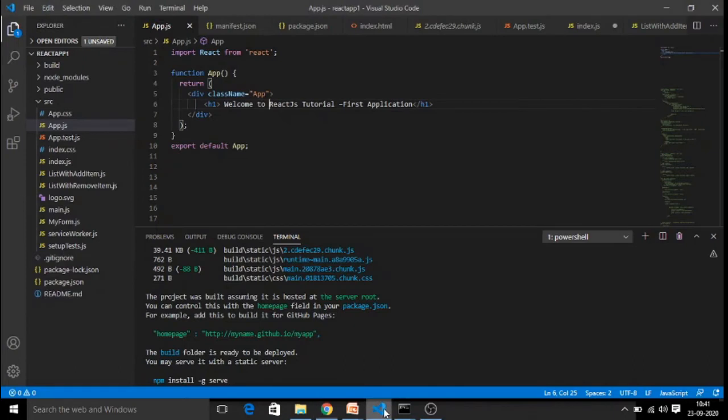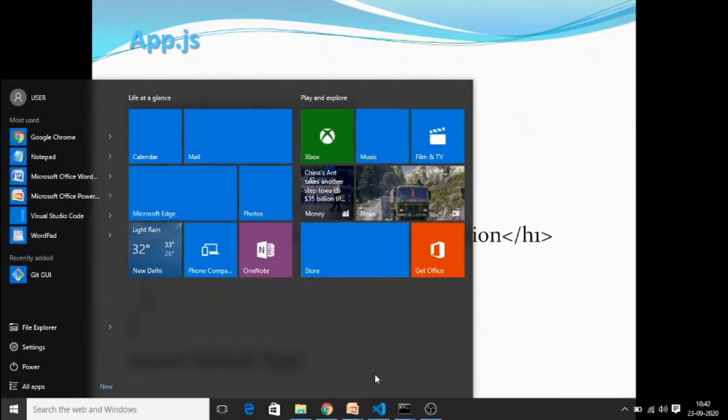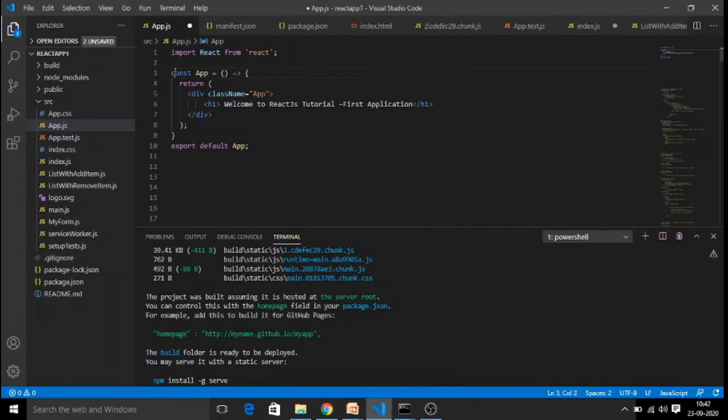Now, how can we create our React component in an easy way? There is an alternate way: you can simply create a constant, then the component name is app equal to, and then you create it with an arrow function. This is also possible. In the slide, what we are looking at is a functional component where we write a function and we write the body for our component. But in this code, the change I am going to make is I just write it with an arrow function. Save it, right? We just add one more line here.